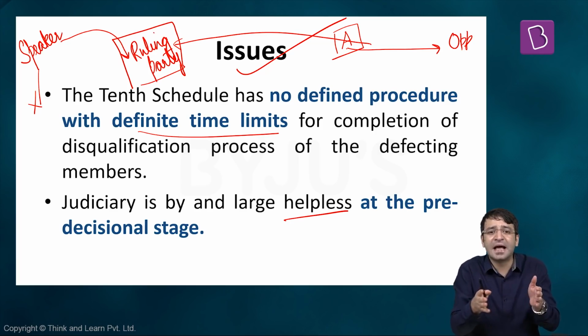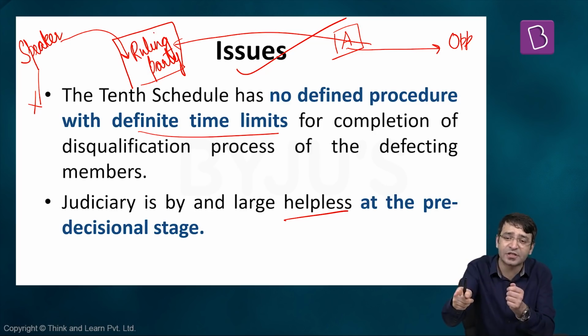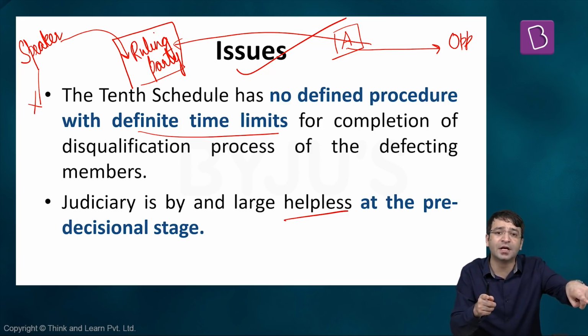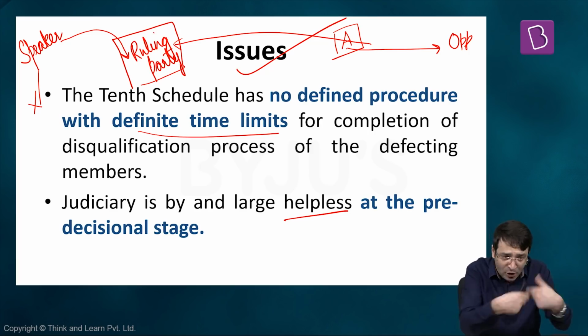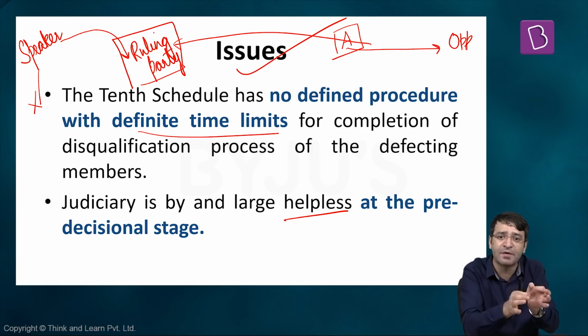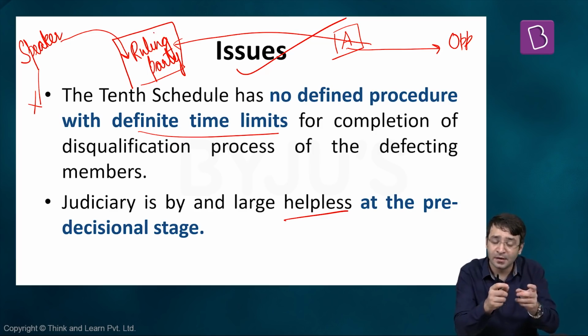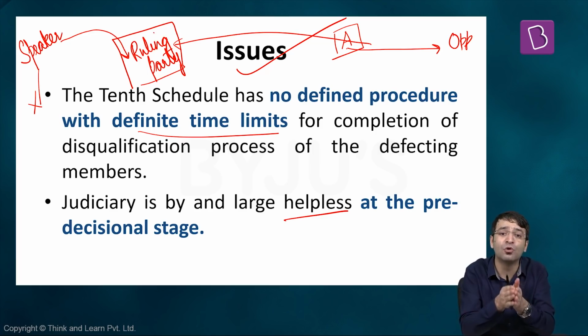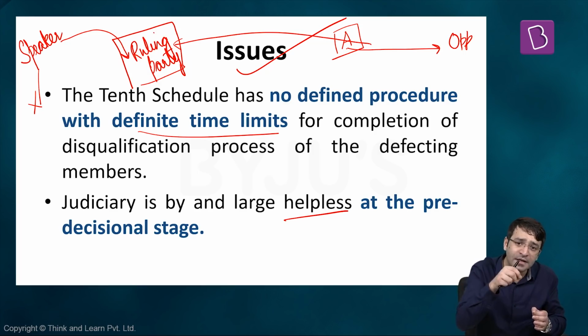The speaker is not acting at all. Why is the speaker not acting at all? Because the legislator is supporting the ruling political party and the speaker belongs to that ruling political party and the speaker is biased in favor of the ruling political party. Because the loophole is there is no time limit prescribed under the law within which the speaker has to take a decision on the matters of defection.